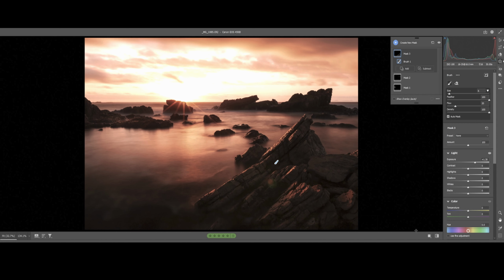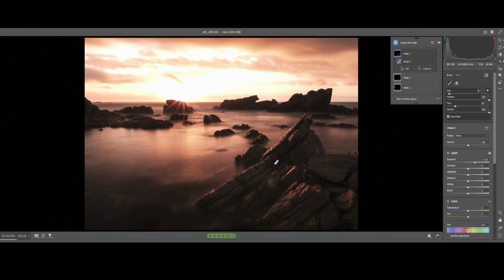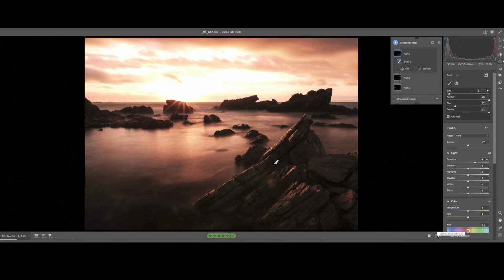There we go. And again, we can look at the before and the after. Before, after. And that's already a massive, massive change to the image. And we've already increased the dynamic range so much and brought detail to all the shadow areas while retaining our highlights. We can take this a step further